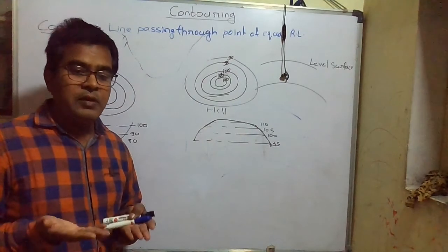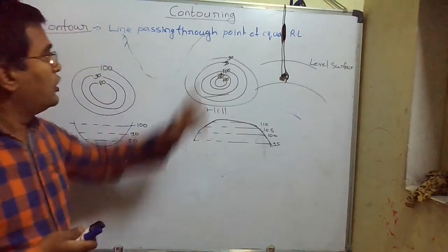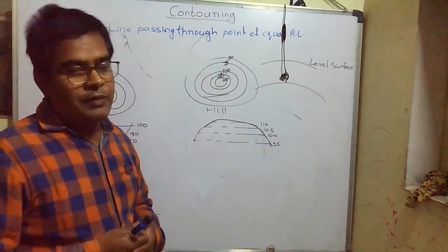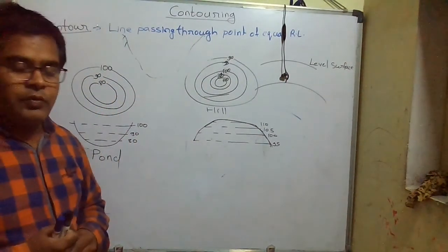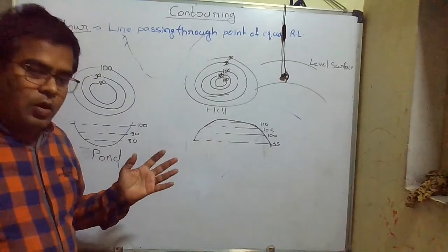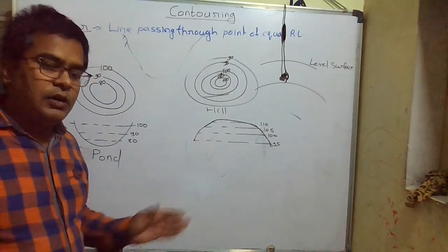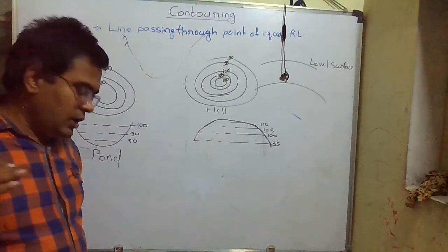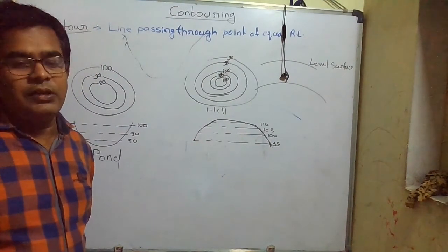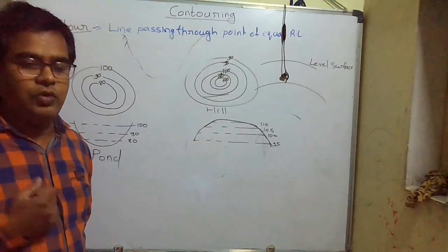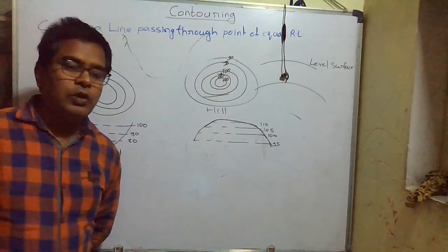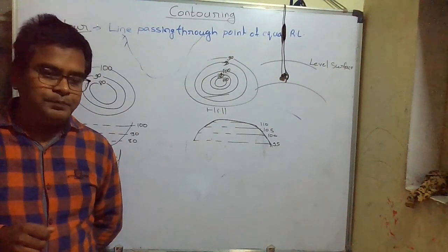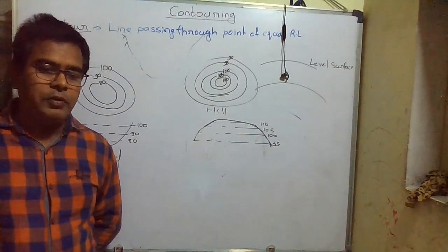By just seeing the map. All contour maps are available with the various agencies, and a contour map is available for all our villages, towns, and whenever we have to decide any project, we'll study that contour map. You can search for contour maps, there will be different contour maps you can see. Okay, so this is some introduction about contouring.